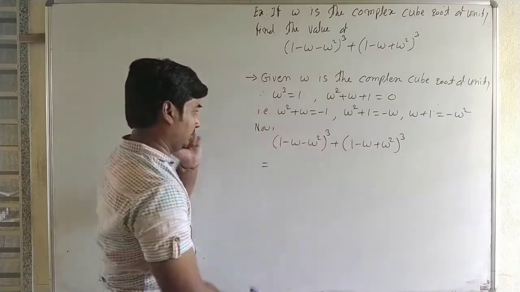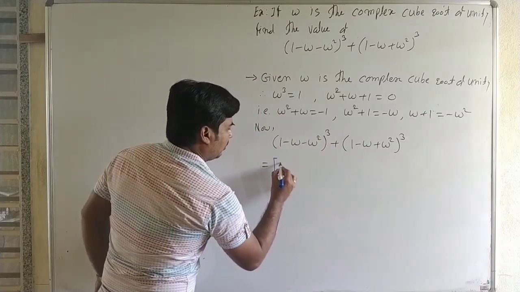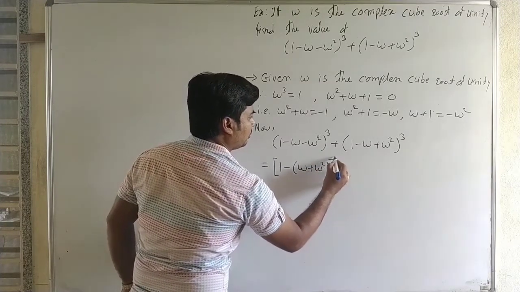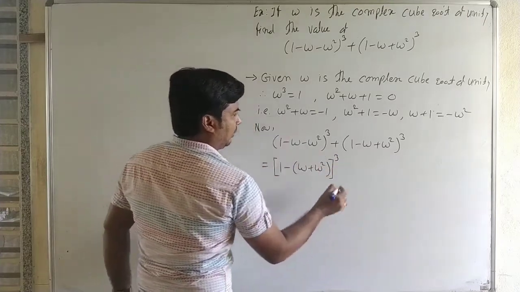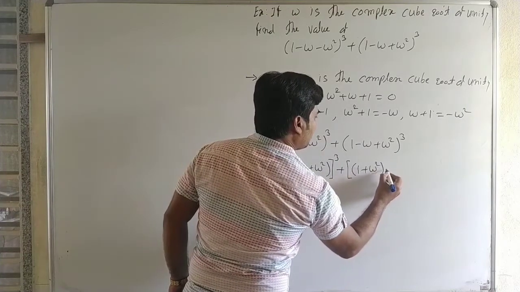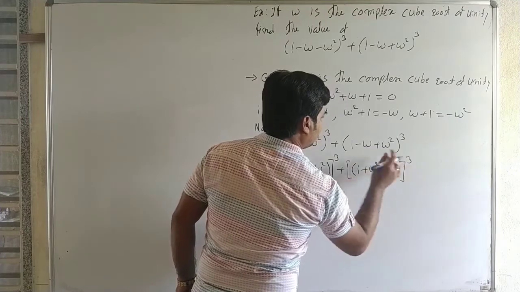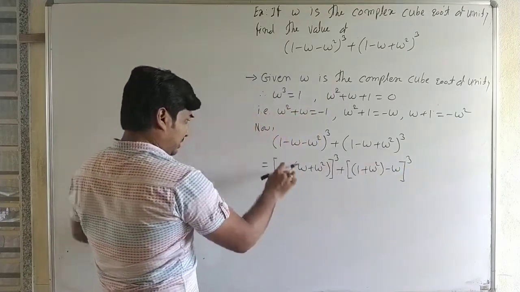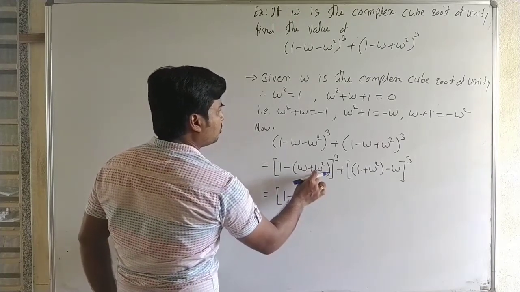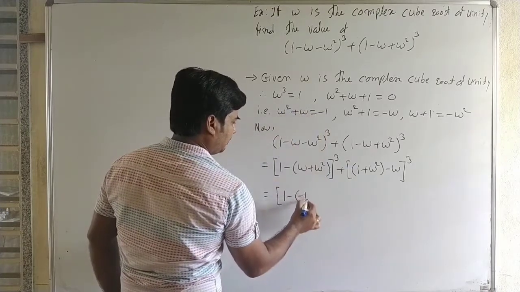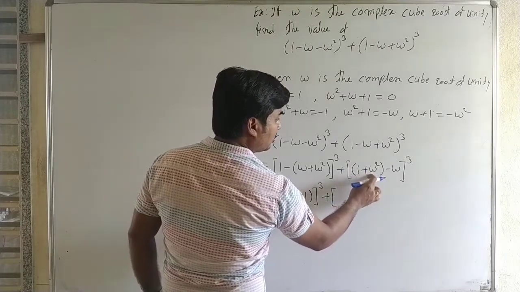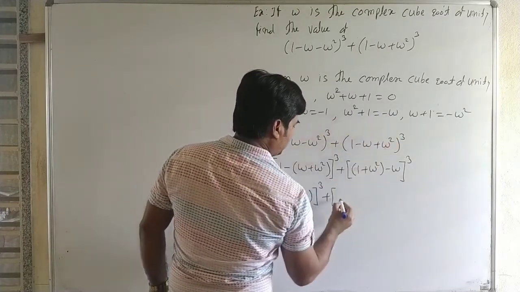Now this can be written as 1 minus omega plus omega square whole cube, plus again 1 plus omega square minus omega whole cube. It is 1 plus omega square, and then we know that it is 1 minus omega plus omega square, omega plus omega square, it is minus 1 whole cube plus 1 plus omega square, it is minus omega